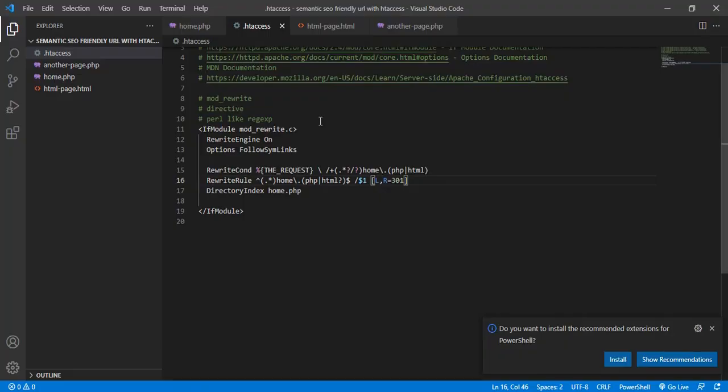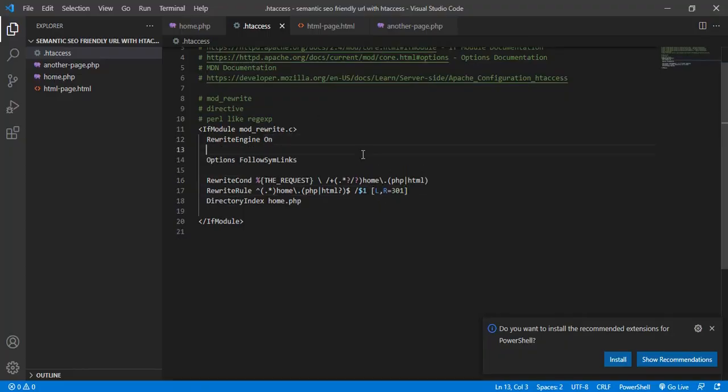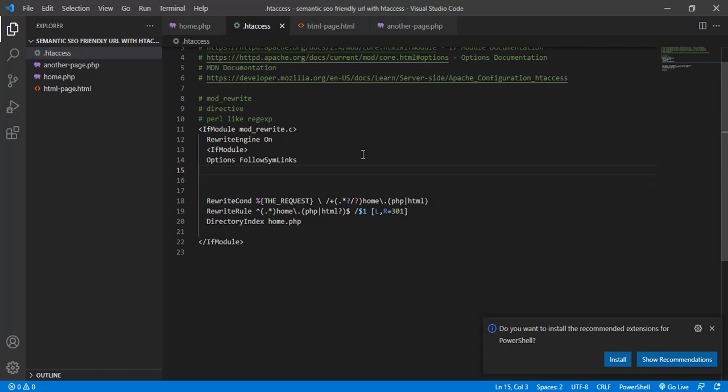Okay, the error is caused by the FollowSymLinks. Now let's wrap it inside an IfModule, and here also let us create a space, IfModule. Okay, and what the options, let's check for the module of the options, mod_negotiation.c. Now if this is allowed, then use the options,